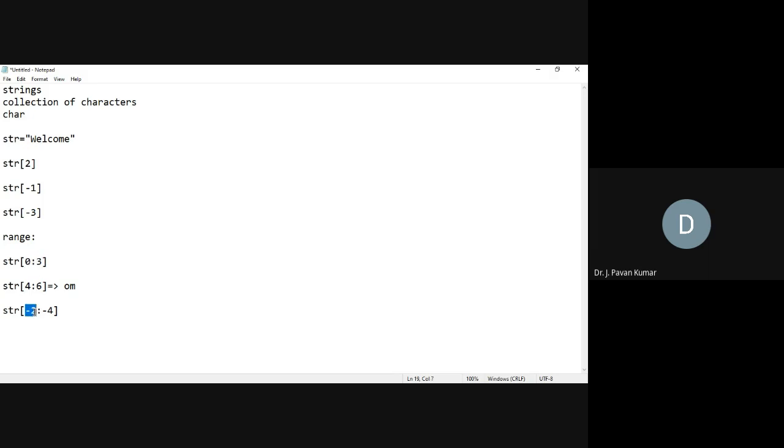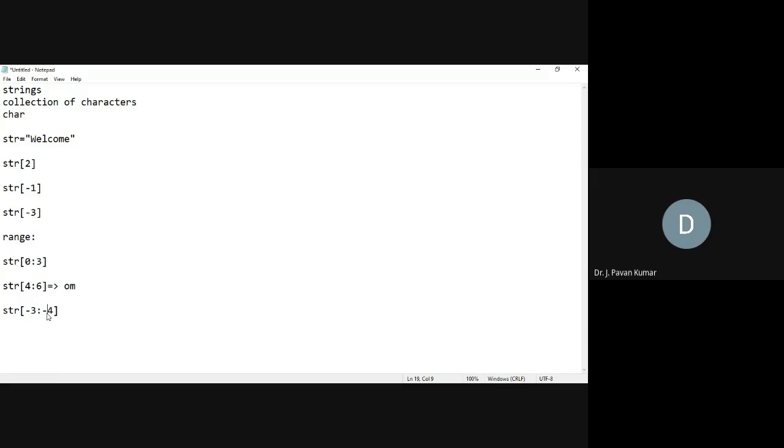Similarly here, where does it have to start? Our intention is to print these two characters, so we have to start at -3, print -3 and -2, and -1 we need not.